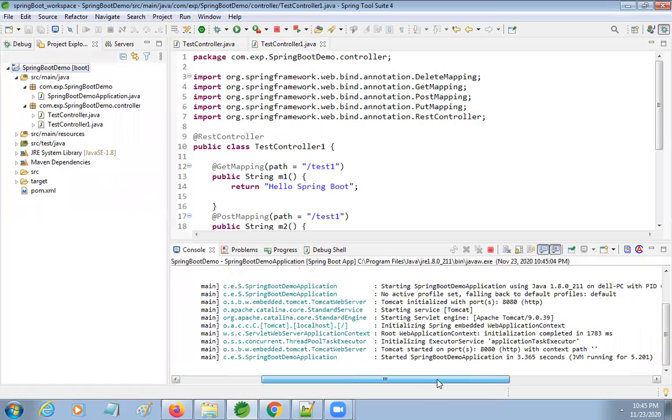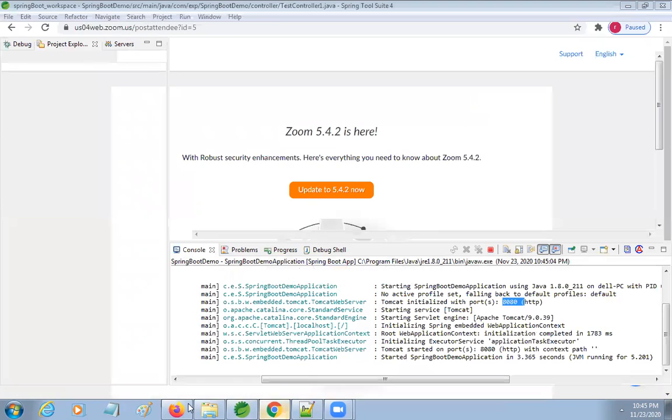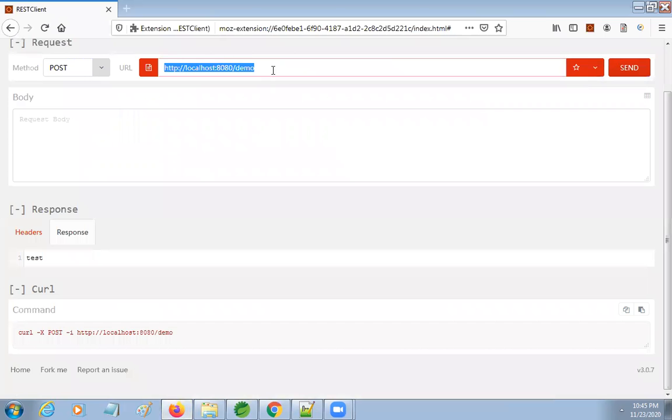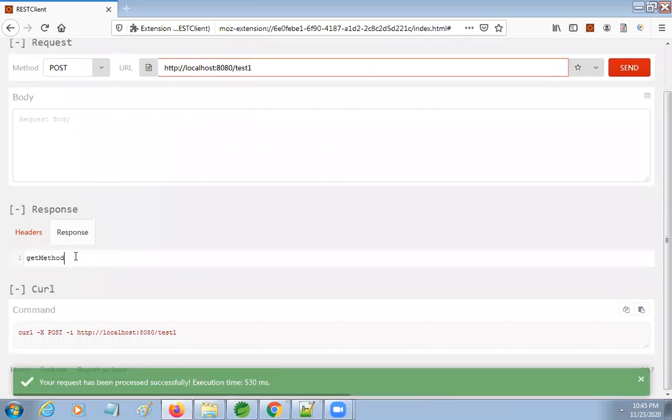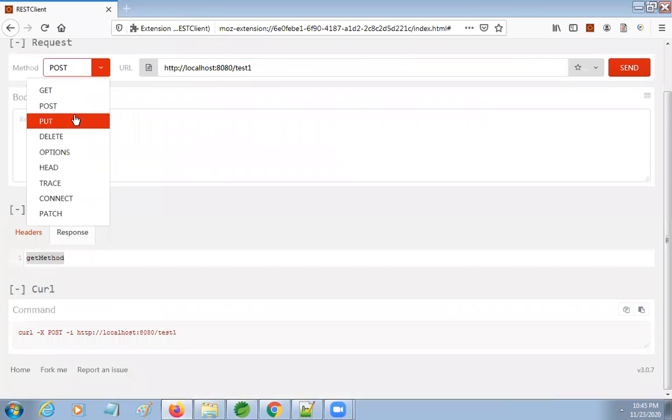If you look into this, yes, server is started at 8080. This is the default port. If you want to change this port number, yes, you can do that. Now let me go to test1. See, it's gone. If I use put,